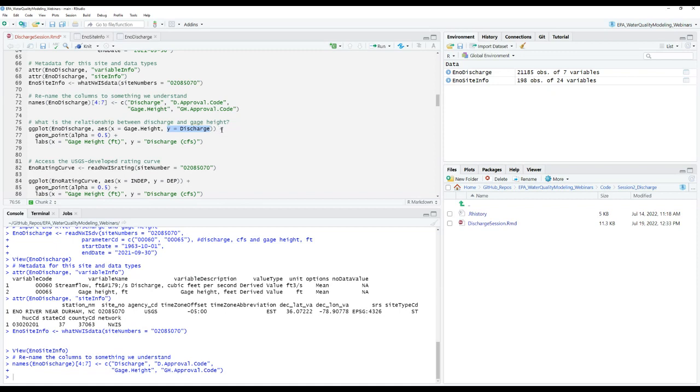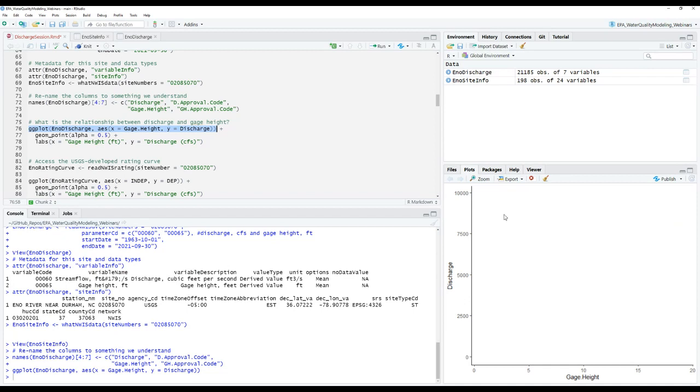From there, noticing here, we'd like to continue building this plot. So the way you do that within the ggplot function is you can use the plus sign to say, let's add a layer to the plot. And we keep going with more and more layers. So just noticing here, each line has a plus at the end of it until we finish off the plot. So if we were to just run ggplot with gauge height and discharge without adding an additional layer, we are going to come up with a very nice, very blank graph. So we have gauge height on the x-axis, we have discharge on the y-axis, but we haven't told ggplot how to actually plot the data.